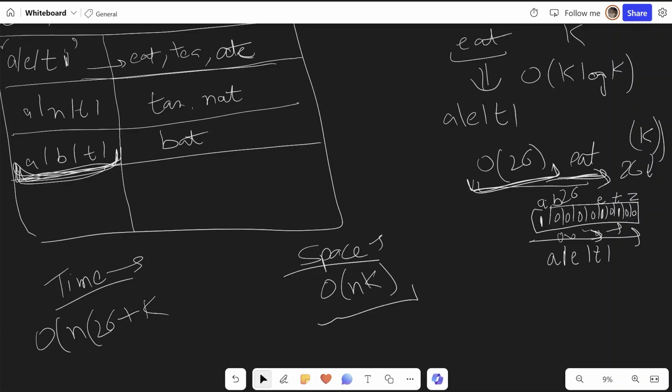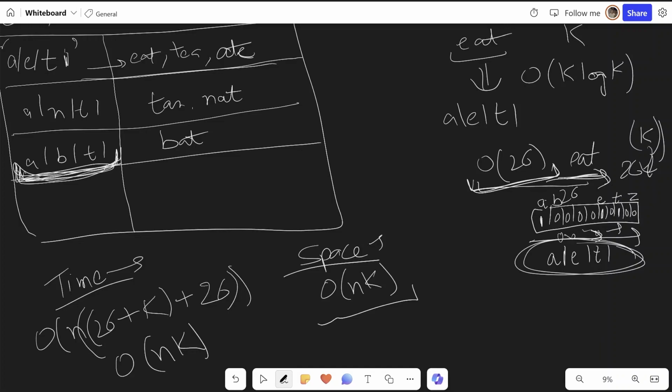So this will be k plus 26 for this whole thing, and inserting it would be another 26. As I told before, we need to do some kind of processing on this input string to create a hash for it, so that would be 26. Now let's just close it real quick. Yeah, so on solving this, it would come out to be O of nk.